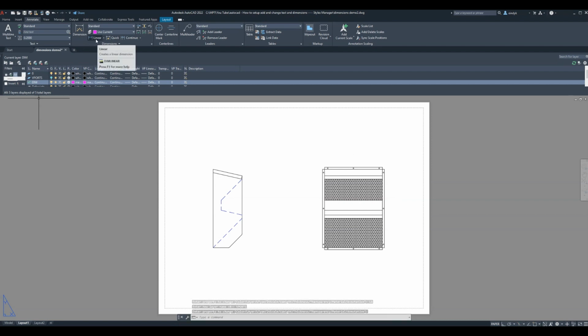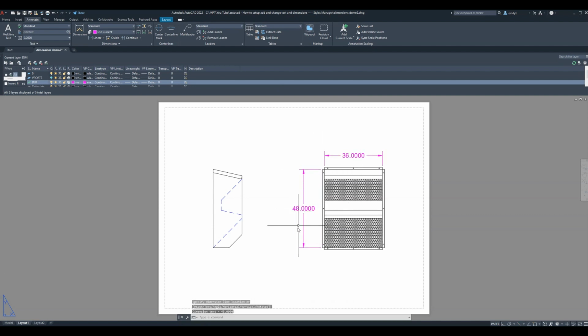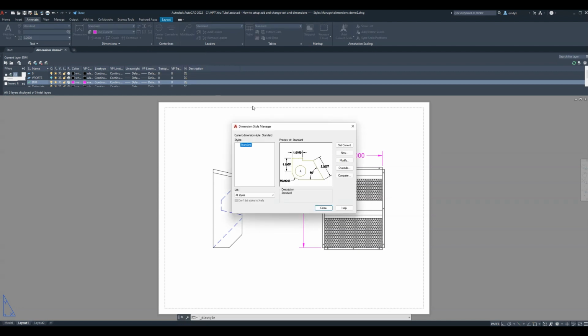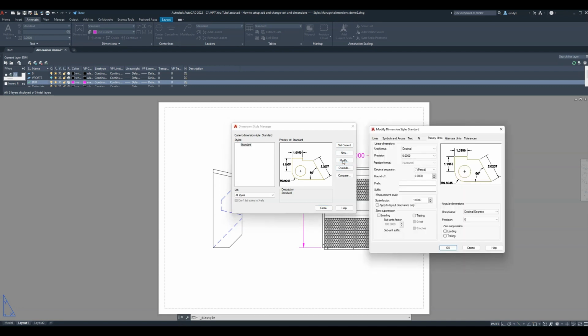I could pick on a dimension I want under the annotate tab. Suppose I wanted to draw a linear dimension, and just these two for now. And this is what I get. To change the view of it, you have to go to the Styles Manager, which is under the Annotate tab here, this lower right corner, you click on this arrow. This is the Dimension Style Manager, where you could modify most of the appearance properties, such as